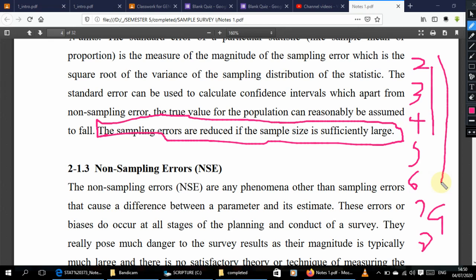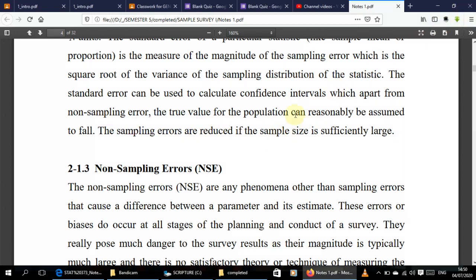So that is also the typical objective question, okay. So you increase the sample size. When the sample size is sufficiently large, the sampling error is reduced, okay. So take note of that. All right,